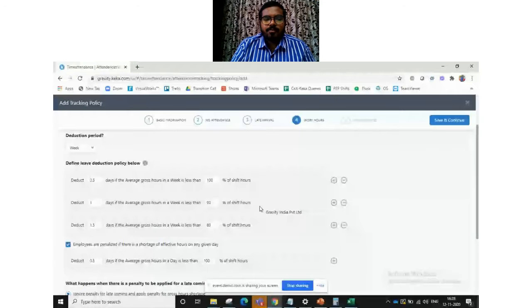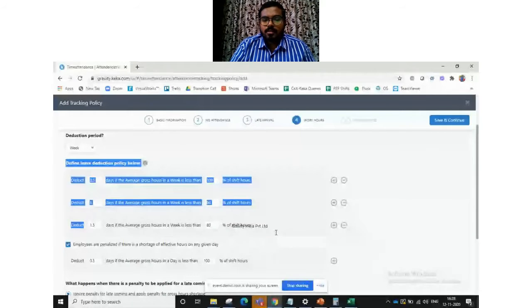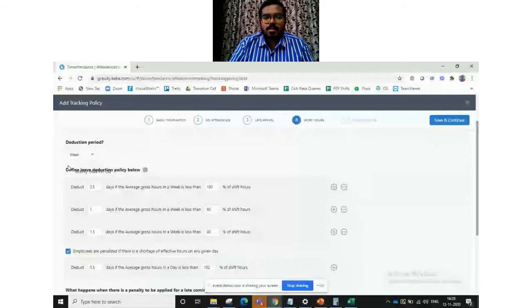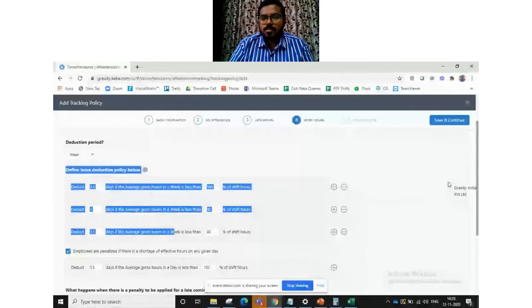The system will not wait for the complete week like this. The system will then and there deduct half a day on the day itself because I did not complete 100% of my shift hours. So this is on a daily basis and this is on a weekly basis.